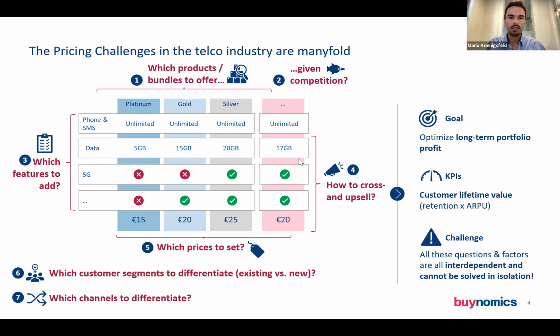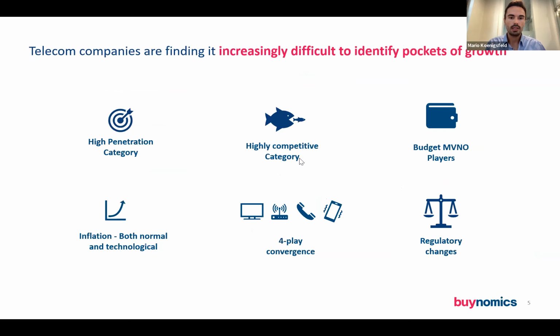If we go to the next slide, we quickly highlighted the main challenges that we see in the industry right now. And what we see from our perspective is that we have push and pull factors in the industry. Push factors being more driven by the market environment, by external factors, and also by regulatories, while the pull factors basically emerge from the customer behavior itself. So let me give you a quick example.